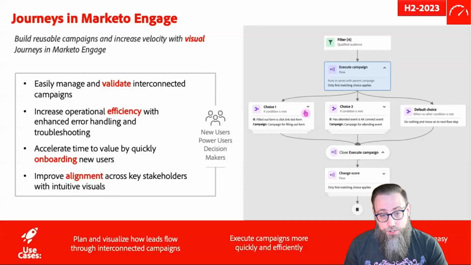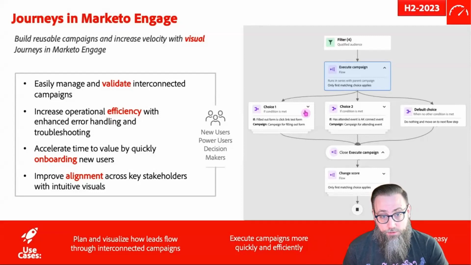And the first thing under scaling your marketing organization was building journeys in Marketo Engage. It's not really a new functionality per se, and we're not talking about a new way to do nurtures or anything like that. But what it really is, like a lot of other marketing automation suites have, I think Eloqua's had this for a while, is a more visualized flow. I see two really great use cases for this.